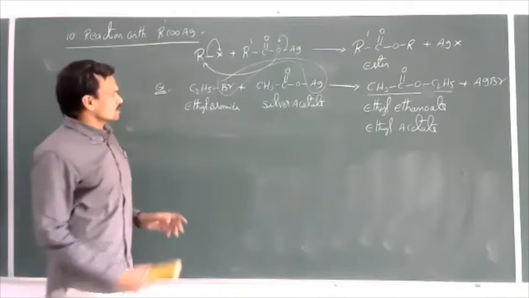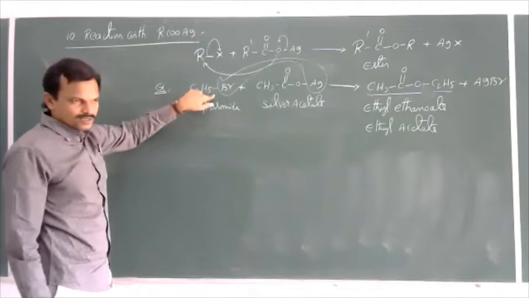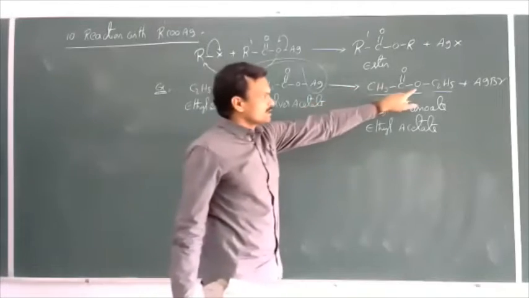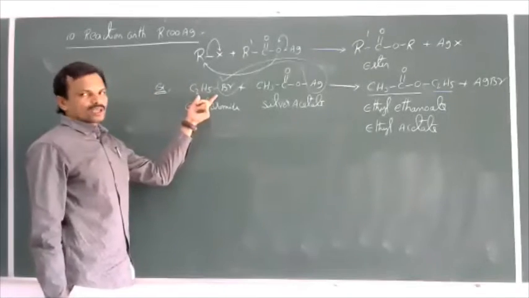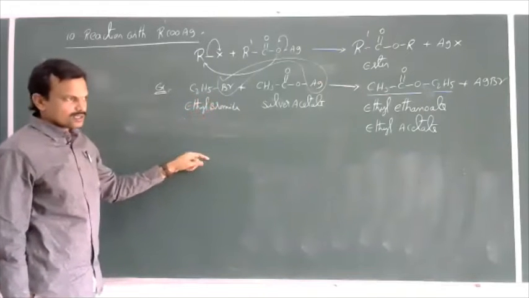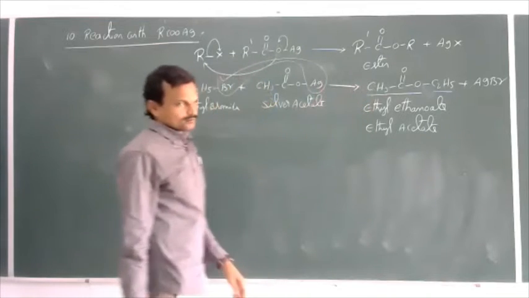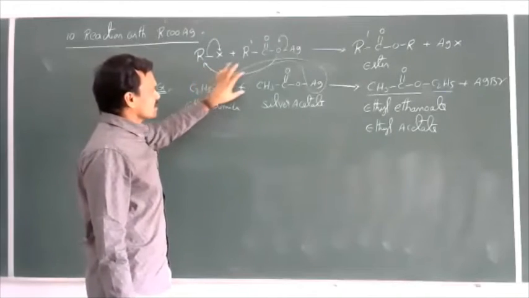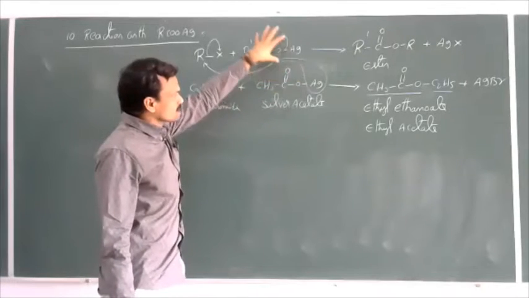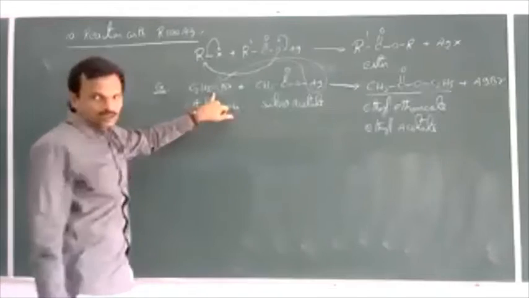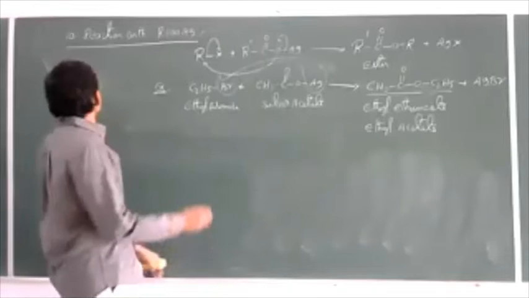Okay, one thing here. In this reaction, we should use primary haloalkanes to get esters. Suppose instead of using primary haloalkanes, if you use secondary and tertiary haloalkanes, then elimination may predominate, and you can get alkene as the product. So this method is suitable for the preparation of esters, that is, silver salts of carboxylic acid with primary haloalkanes, not with secondary or tertiary haloalkanes. And one more.